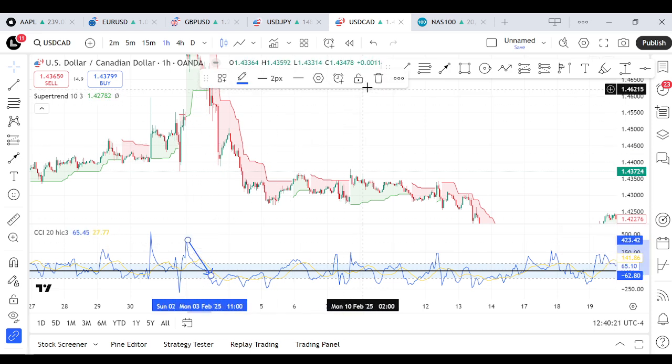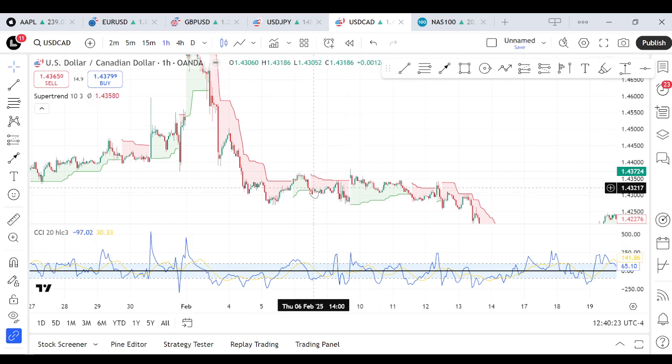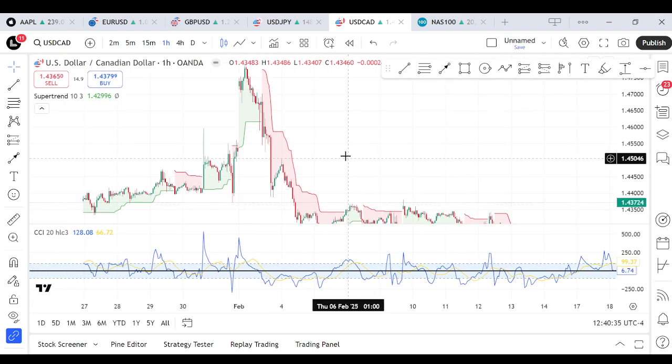platform, and this is the USD CAD on the 1 hour time frame. For this strategy, it's best to use a higher time frame and focus on major currency pairs for better results. The first step is identifying the trend direction using the Supertrend indicator. For example, we are bearish here,